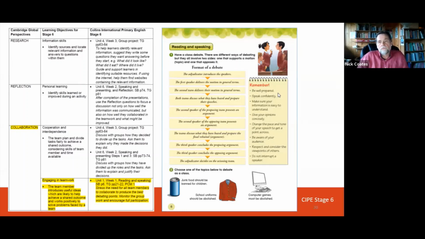Now, clearly, there's a lot of things going on there. A lot of stages to the activity. It's going to take quite a long time, the whole lesson, or even a double lesson, depending on how much time you've got. But our italic note is focusing us on one aspect, which is the collaboration, as they stress the need for all team members to collaborate to produce the best debating points, monitor the group work, and encourage full participation. So you're focusing on that because of the